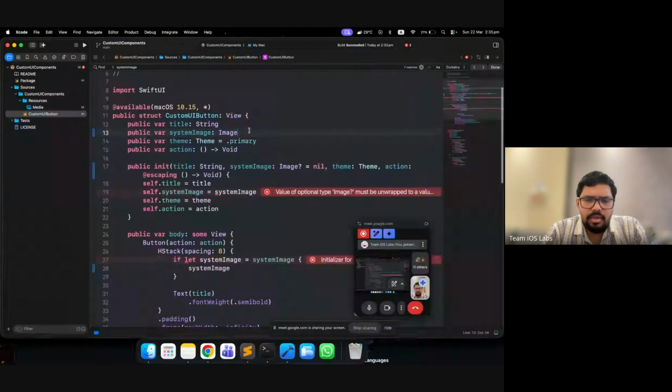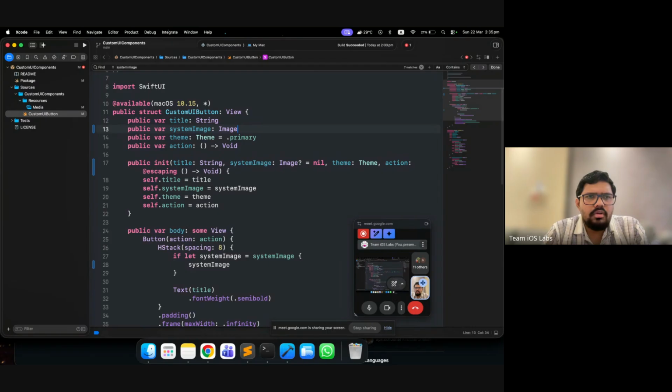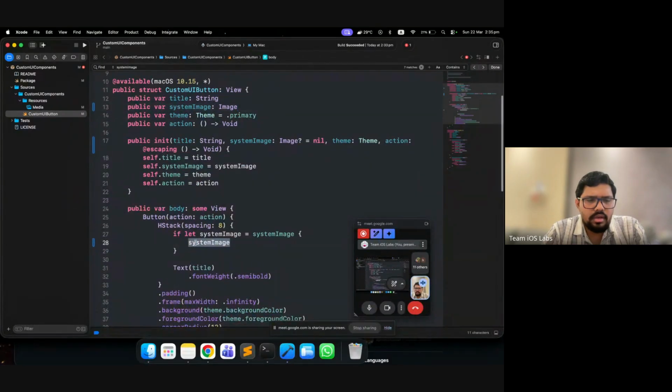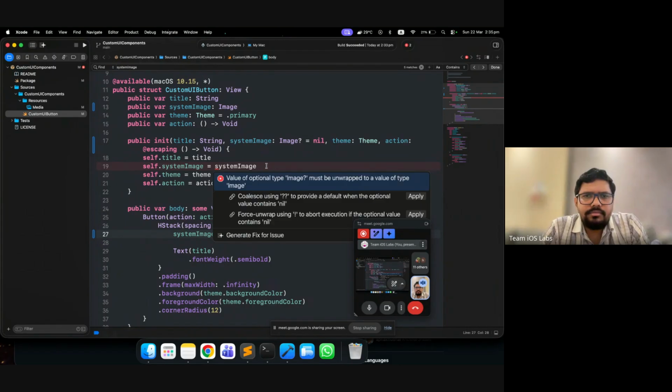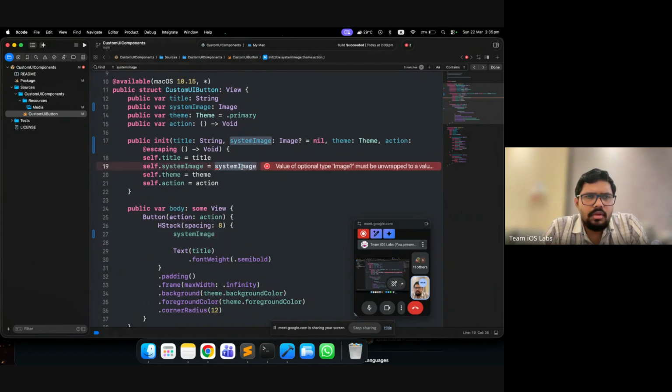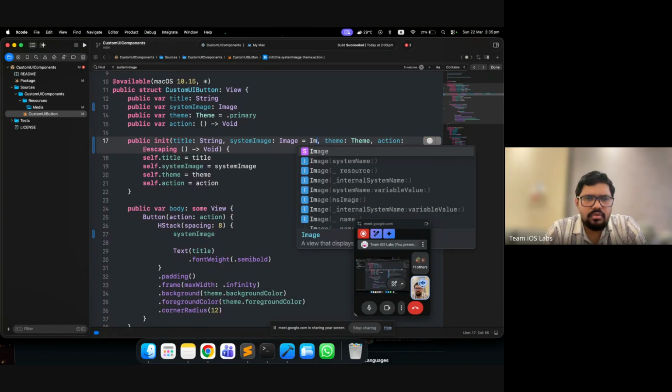This should be optional, or even optional not required, then I can directly use it. Okay. So now I want to actually use this default image. Okay, so what we can do,